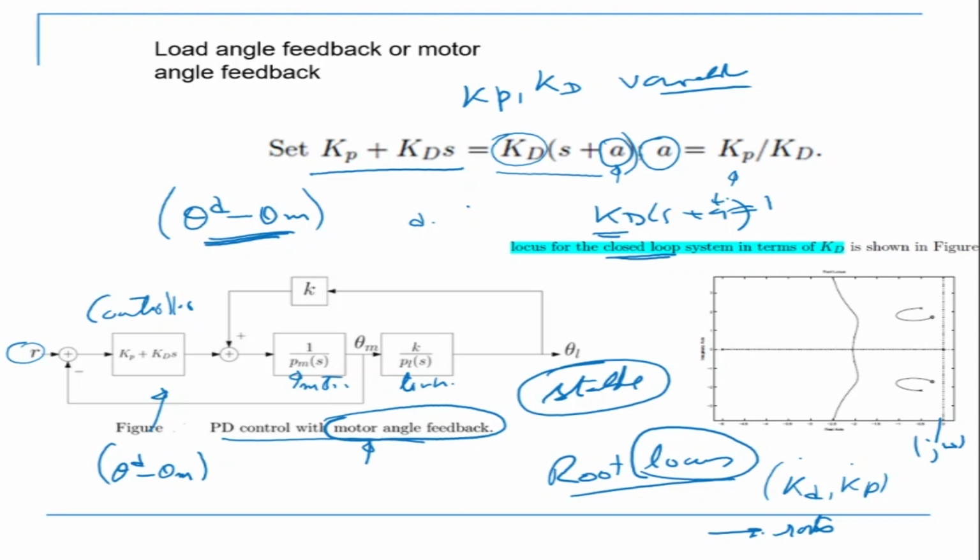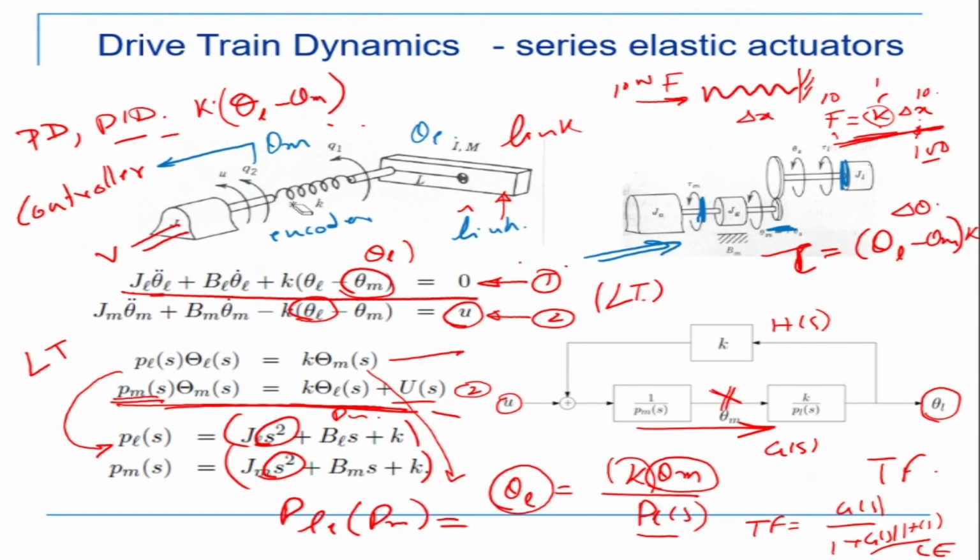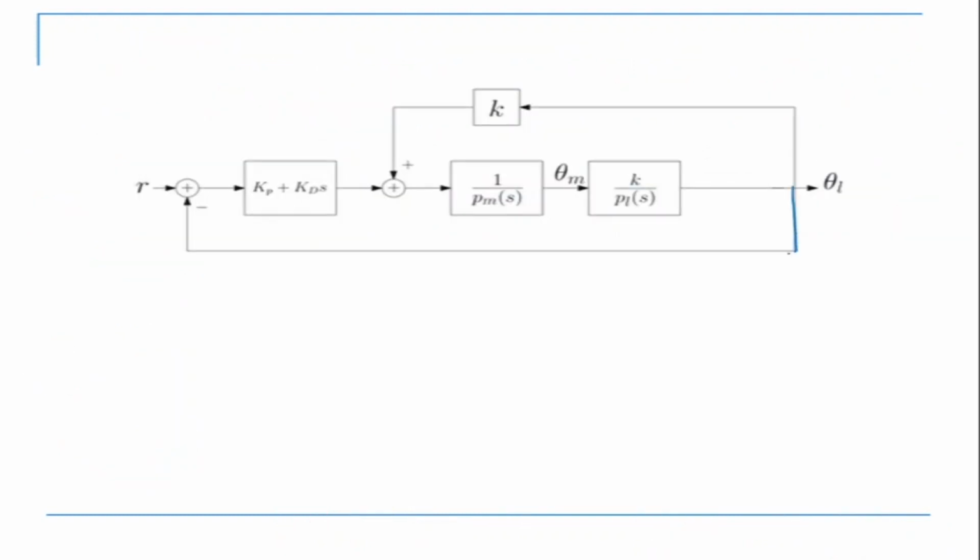Now, the other option is I take the feedback from the link side. So let's go back to the figure again and see what this means. So now I remove my encoder from here. Okay. So I put my encoder here now. On the link side, I put my encoder here. So my feedback is coming, theta L, from this side now. That's my feedback to the control system. In that case, the control block diagram becomes like this. This is my link angle feedback. So it's going from here into there. Okay, that's my feedback. Theta L is the feedback. In the previous case, theta M was there. It was like this.